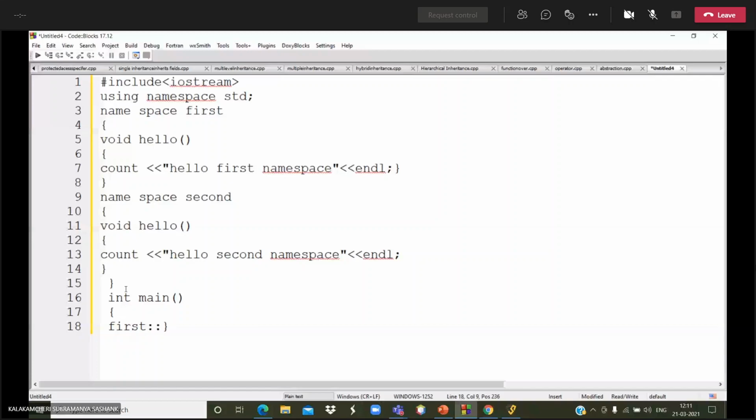Then with the help of the scope resolution operator, again I am calling the same function. I am returning the function. I am running the code.